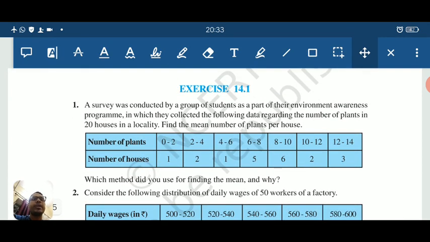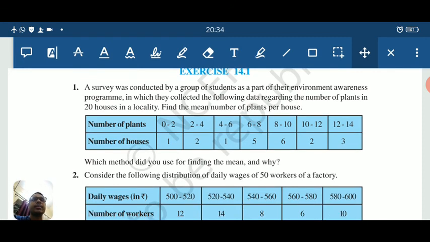Exercise number 14.1 from NCERT. I hope you all have got your books. So you just solve this exercise number 14.1, and in this particular exercise, all the questions are based on what we have discussed in today's class, and I hope the things get easier and better, isn't it? And you can send your answers to my WhatsApp number. Okay, I'll check it and get back to you on the same. And if you face any problem, you can always raise your questions in the comment section or over the WhatsApp.